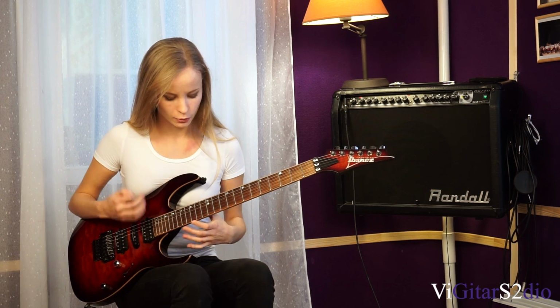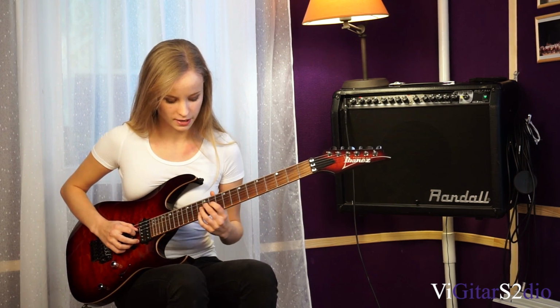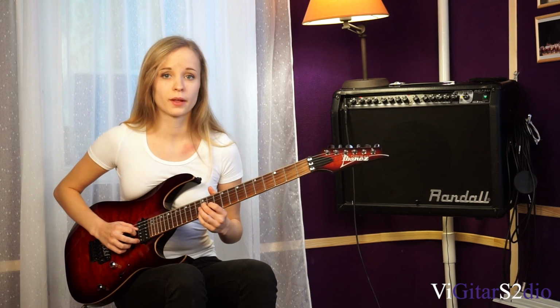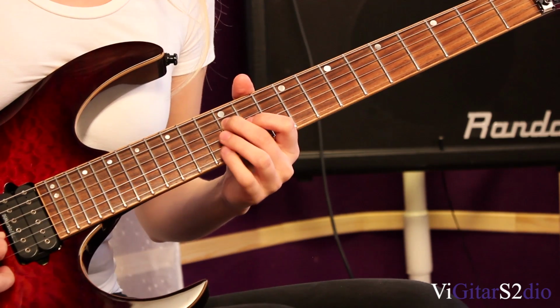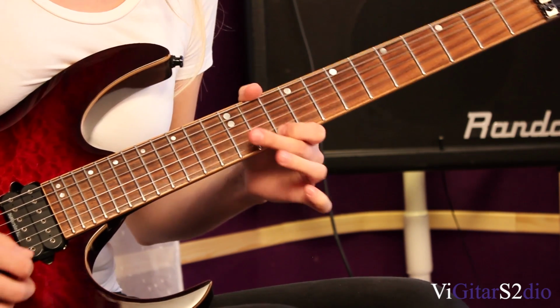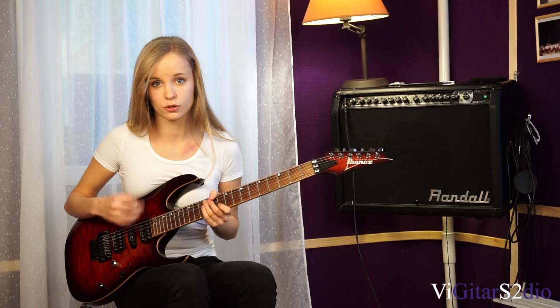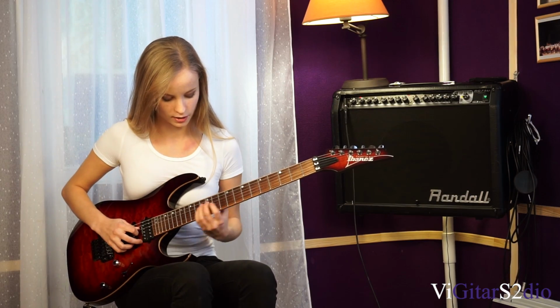And here we have pretty basic sweeps. It's the first sweep in this piece. And I like to play it with my second finger, my first one, my third, and then the first finger again. And remember, you have to stop at each following string. It goes like...